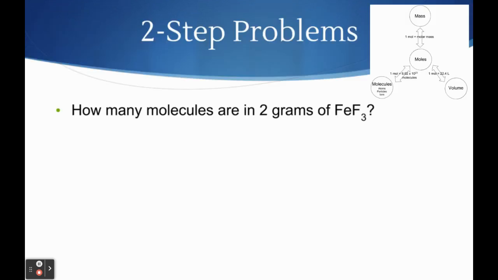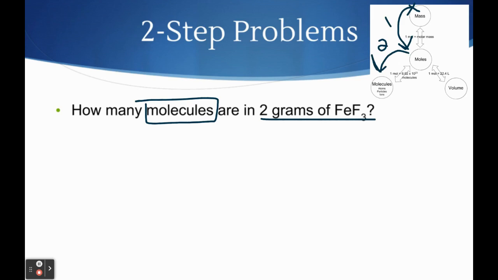So our first example problem says how many molecules are in 2 grams of FeF3. Our given information is grams of FeF3, and we're looking for molecules of FeF3. So if we look at Mole Island, we're starting here at mass, and we want to get to molecules. So the first step is to convert to moles, and then from moles, the second step is to convert to molecules. So start with your given information, 2 grams of FeF3,